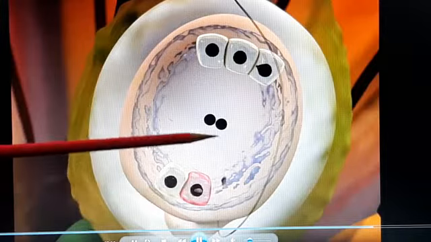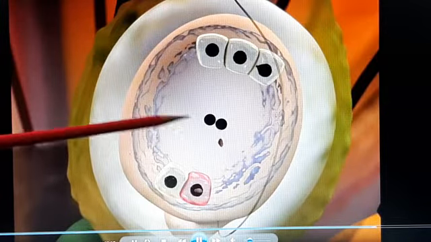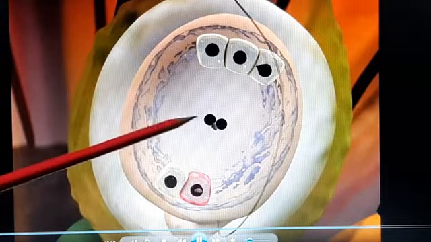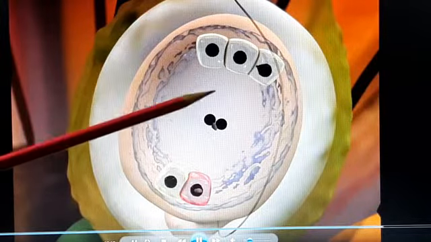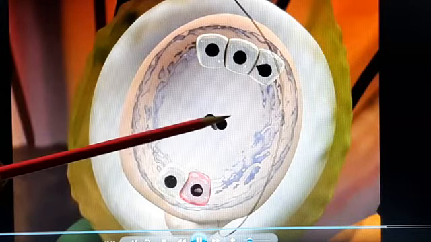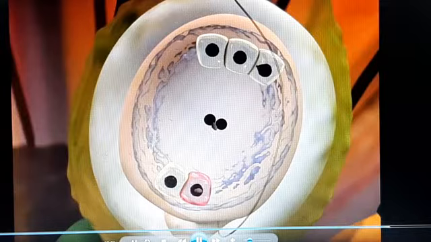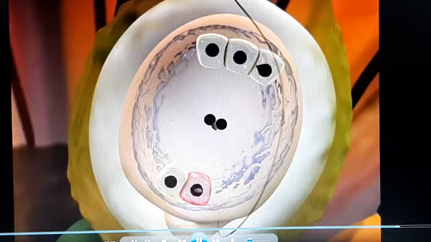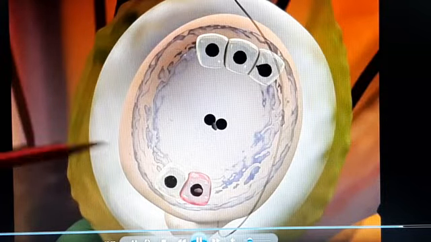Whereas the second male gamete fuses with the 2 polar nuclei, and they all 3 fuse, and therefore now the number of chromosomes is n plus n plus n, or 3n, and this will eventually become the endosperm, which is the nutritive tissue for the plant. So the baby embryo gets its food and nutrition from this.